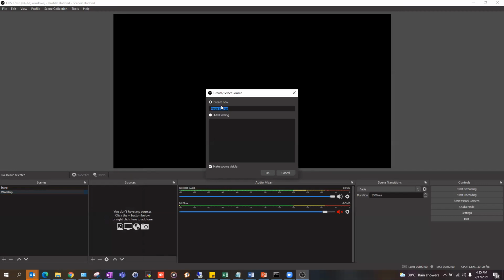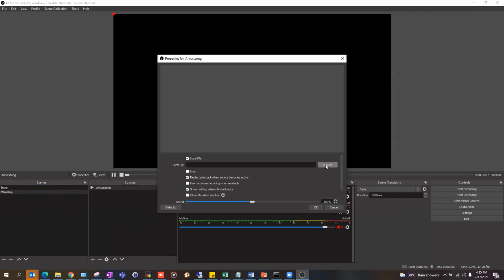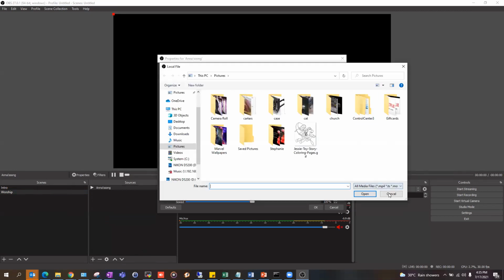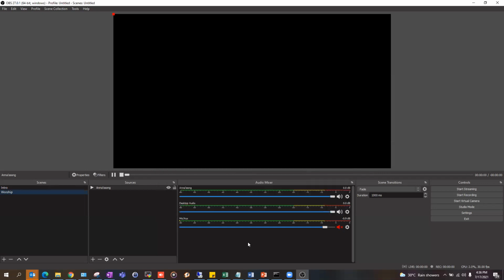So this is what I'll be using if I'm using a soundtrack. So you would name it a song, and then you browse the file wherever the song file is. You capture it, and keep in mind if it's a song and you click OK, it will show up underneath here. You'll see the audio feed, but you're not going to see a display because obviously it's